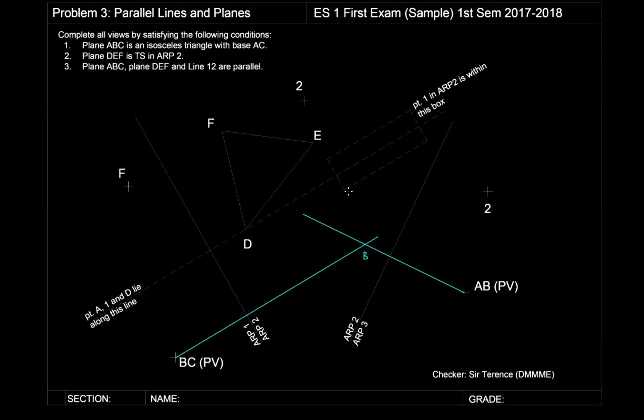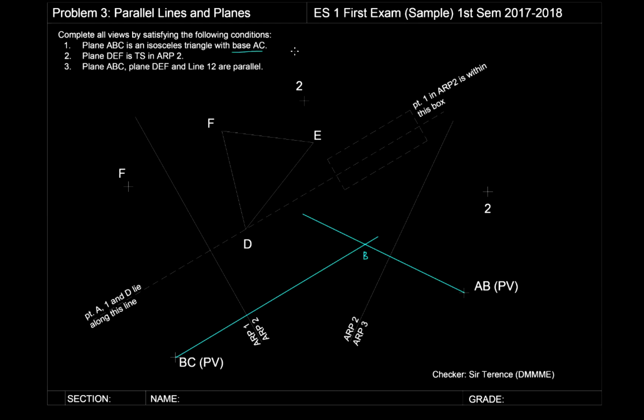Tapos, point A lies along this line, no? And point C, do I have point C? Wala akong any indicator kung nasaan si point C. Pero I know that point A is lying along this line. So, mamaya gagamitin natin yun, no? Tapos, ang sabi daw,